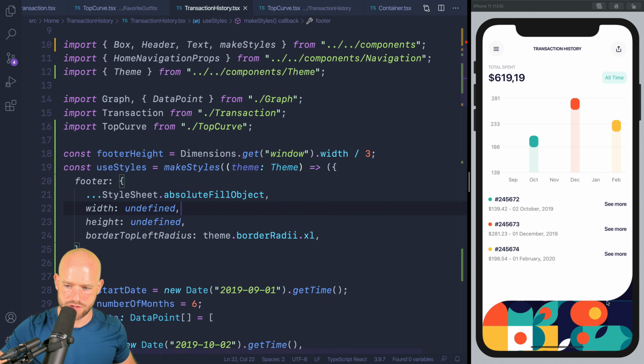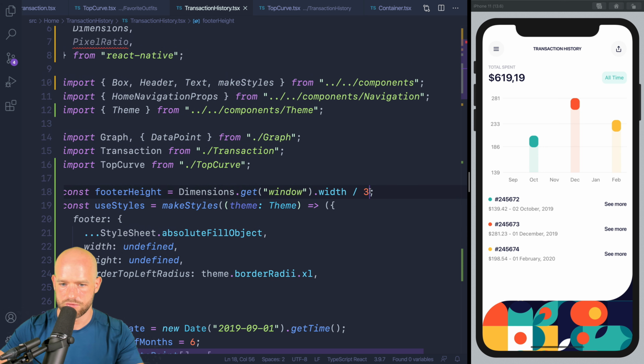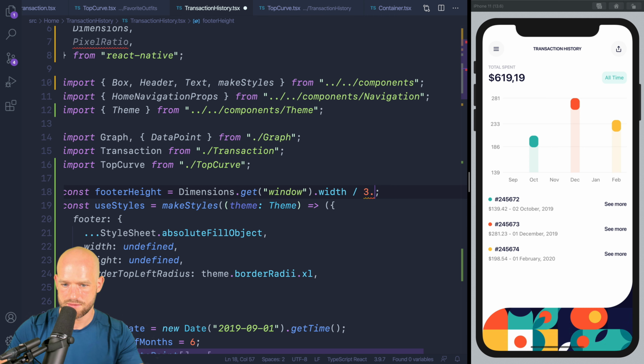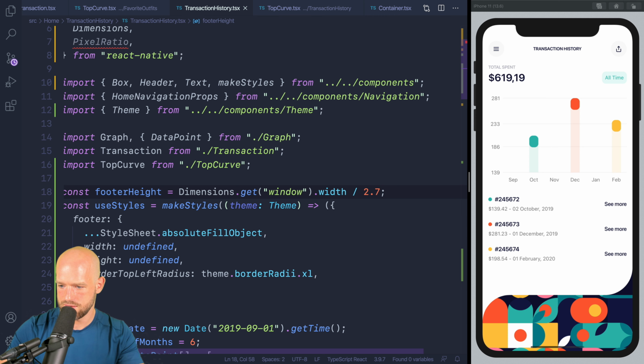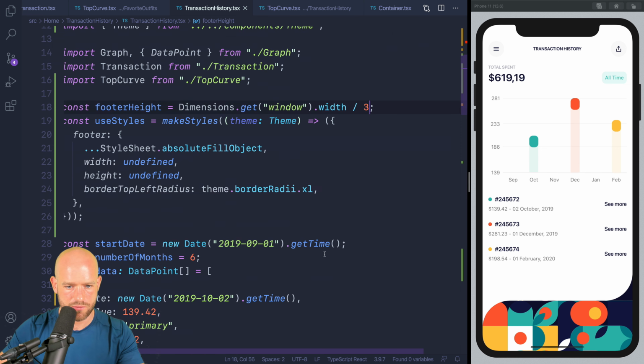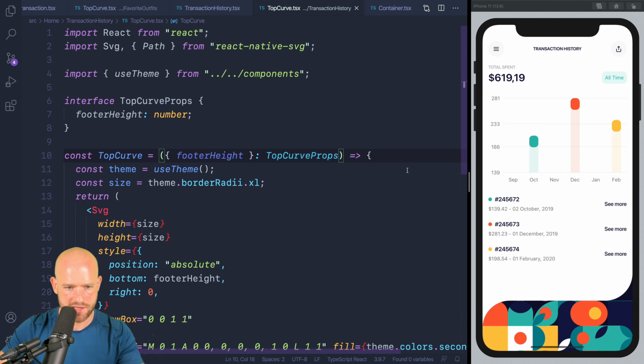So actually that makes sense, right? Because maybe if I put, I don't know, 2.7. Yes, we can cut it at any places. So maybe I do 2.7, I don't know, right? So this is what we see here, but what I can do is, so we have the top curve here,